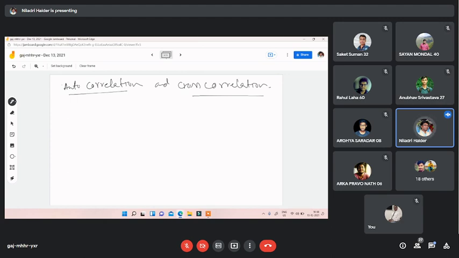If your signal is x(n), sometimes you have to compare x(n) with x(n) to understand the characteristics of that signal, or sometimes you have to compare x(n) with another signal to understand the characteristics related to your input signal x(n). So if that type of situation comes, then you have to use the autocorrelation or cross correlation process. In that process, what you will do,